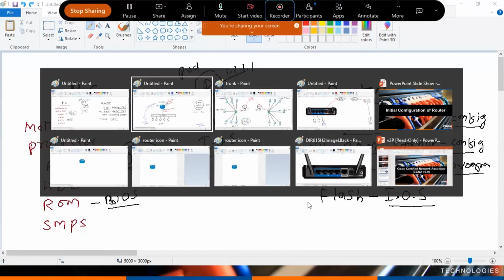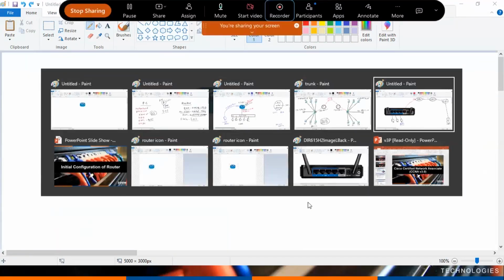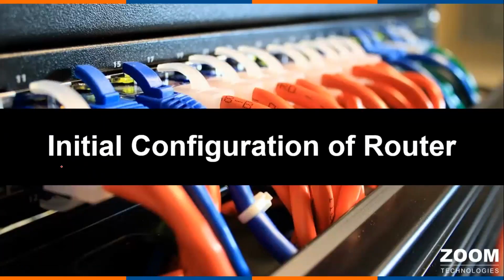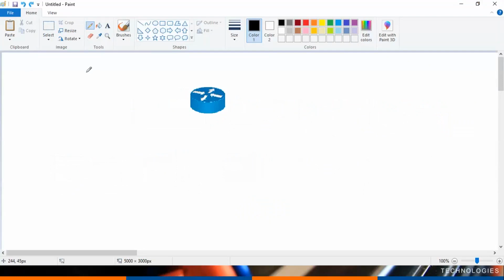So this is what we discussed yesterday, and today we'll continue with the initial configuration of a router, like a brand new router, how to configure it. What are the things we require? So the first requirement is,